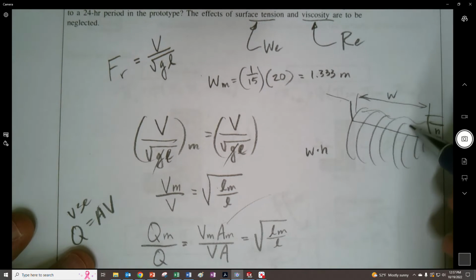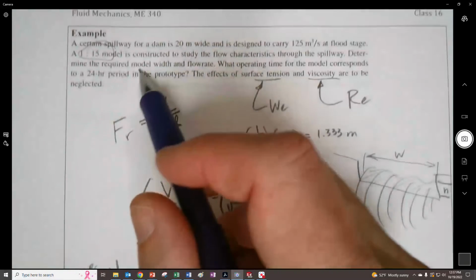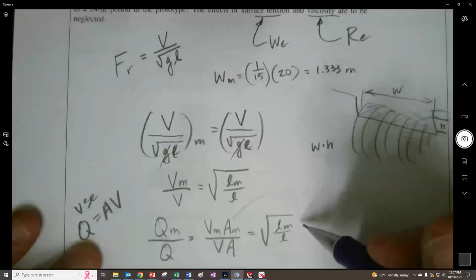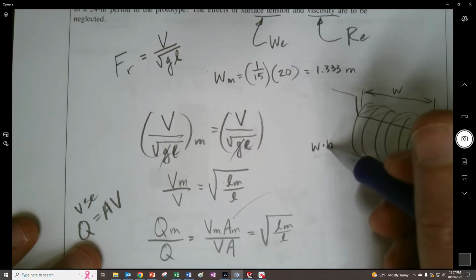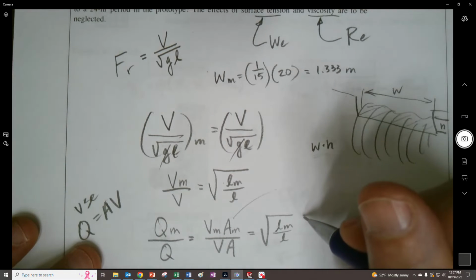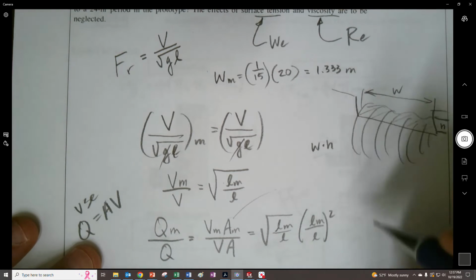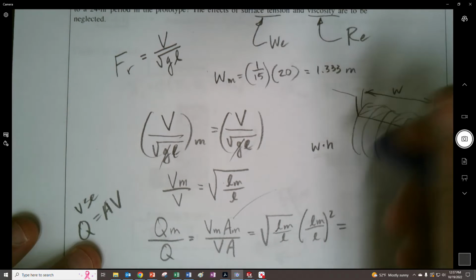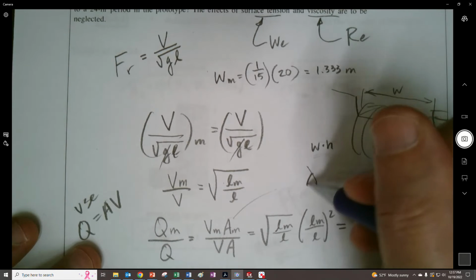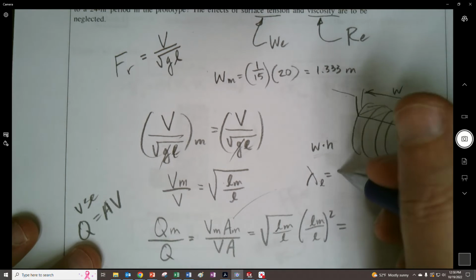So if we're going to have a proportional area, that's what the 1 to 15 scale says we have to do. That means this is going to be length times length squared. So we're actually going to have the L_m over L squared. So if this parameter right here, we'll call it the length scale of the thing, is L,